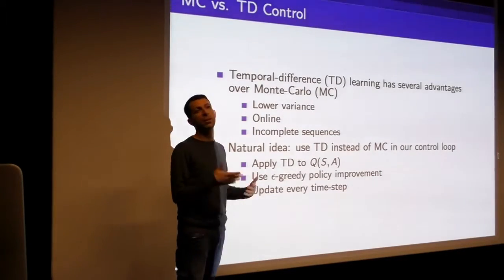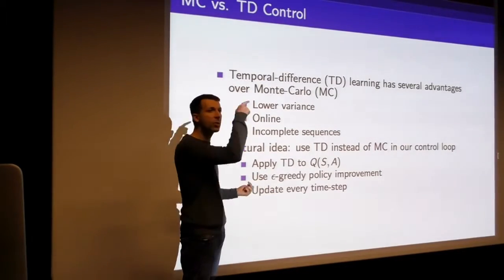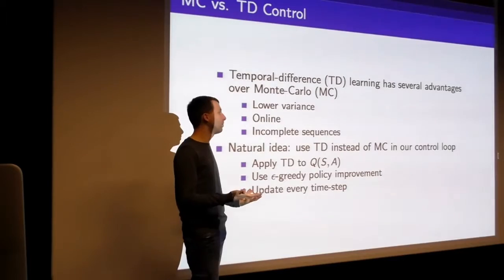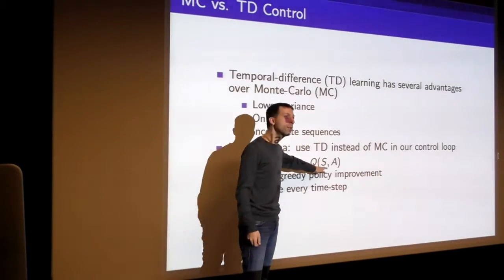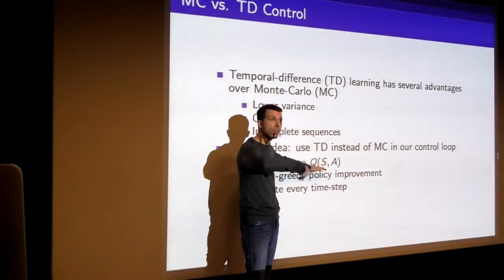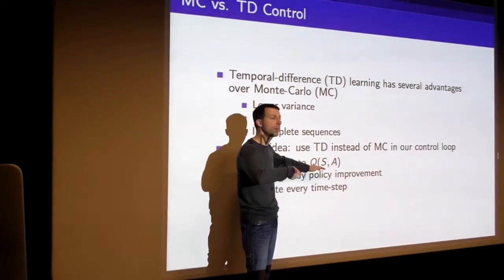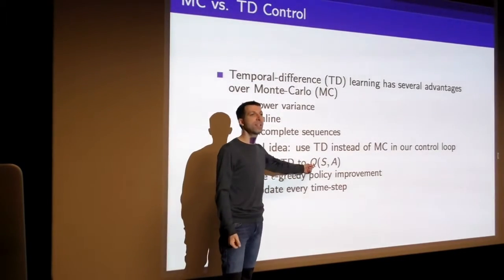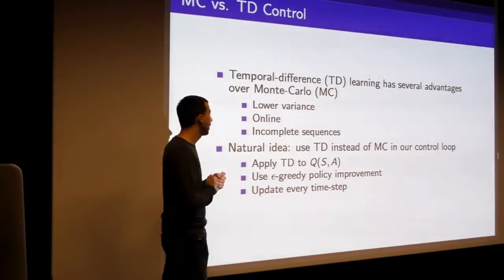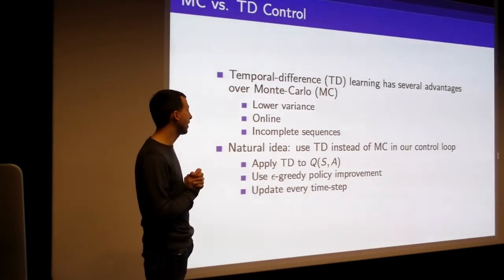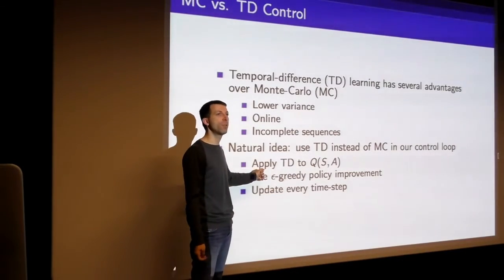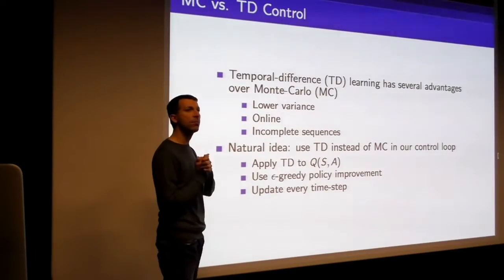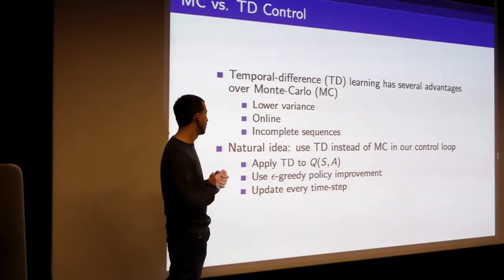And so the natural idea, well, let's try the obvious thing, which is to use the same generalized policy iteration strategy. But we know that to do model-free policy iteration, we need to use Q, so that we don't have to do any lookahead to do our greedy or epsilon-greedy policy improvement. The idea is to use TD learning to estimate Q. So let's just slot in TD learning in place of Monte Carlo policy evaluation and continue to use epsilon-greedy policy improvement. That immediately gives us an algorithm that we can apply, which is probably the best known algorithm in reinforcement learning.